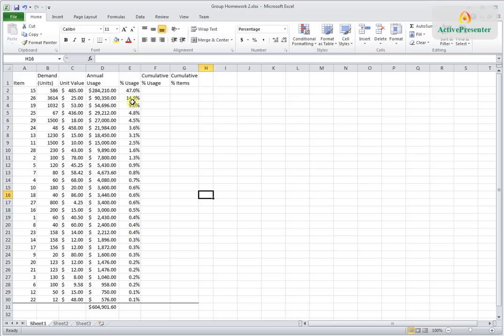So then we want to figure out what is the cumulative usage. This is just a running total. So in F2 it'll just be 47%. In F3 it would be 47 plus 14.9%. Again, to avoid typing the same formula 30 times, the easiest thing to do is click on this cell, type